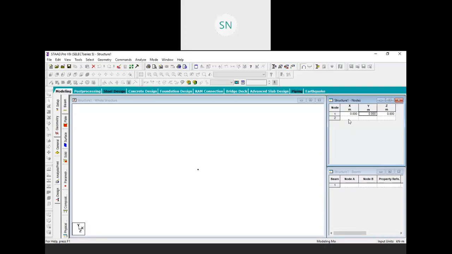So for the next point I am placing in x 5 meter, in y 0 and in z 0. This screen will automatically zoom extend in front of you. You can zoom out. Now see, this is our first point at 0 0 0, and this is our second point at 5 meter in x direction.